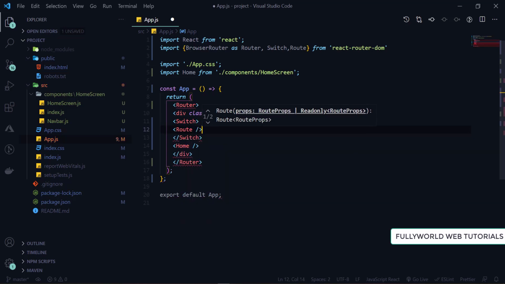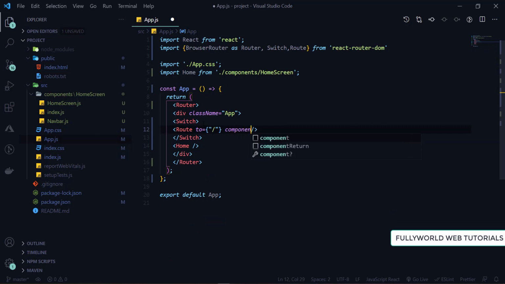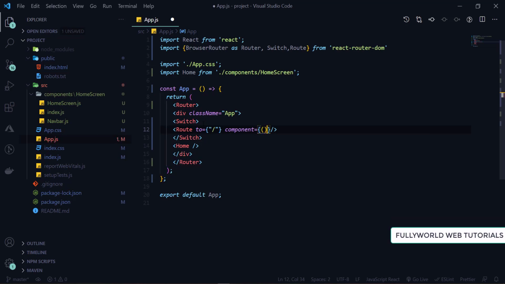The first route will be our home route, that will be slash only, and this route will have a component, that component will be our Home component. As we will pass some parameters also here, that's why I'm going to do it like this. This is our second method to render our component also.